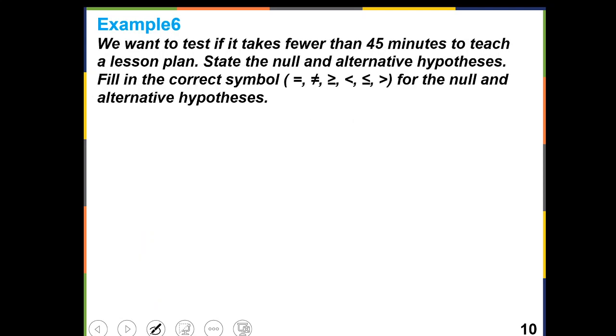We want to test if it takes fewer than 45 minutes to teach a lesson plan. State the null and alternative hypothesis. Well,